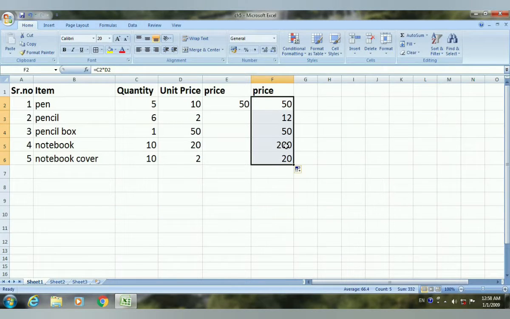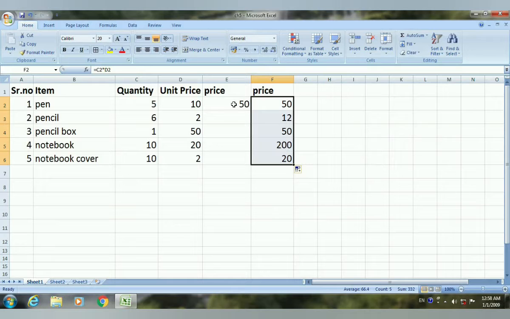So here there are 3 benefits to writing down the cell address. First one is we are not specifying the values manually. So there is no issue of any type of mistakes. Sometimes if we are in a hurry, then we can write down the wrong values also. So here there is no chance to make mistakes. Next thing is when you take the cursor down, then the formula will be automatically copied in the rest of the cells.